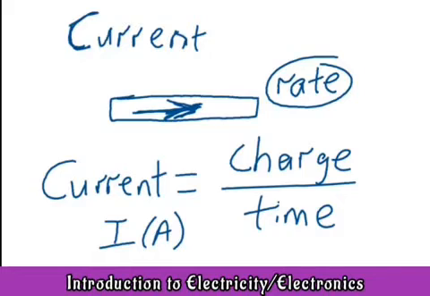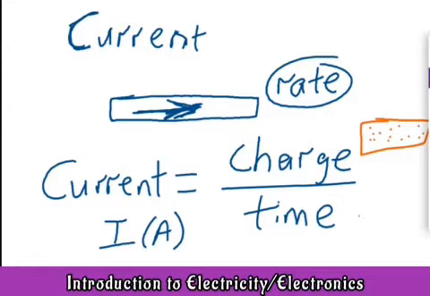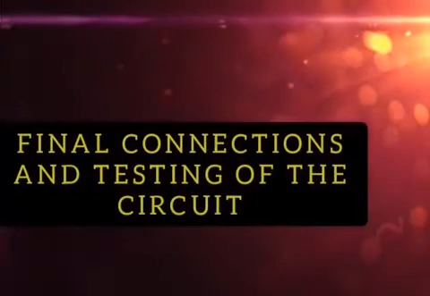So when we have so much charge moving, we have big charge or a lot of charges. You have a lot of charges flowing through a material within a short time, a little time. Now, how do we describe that? We say that material has a high electric current because a lot of charges are flowing through the material within a small amount of time. So the current is actually